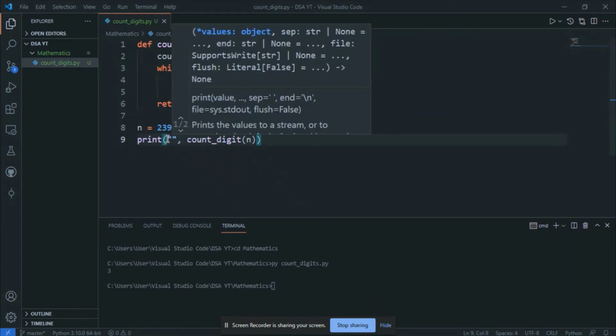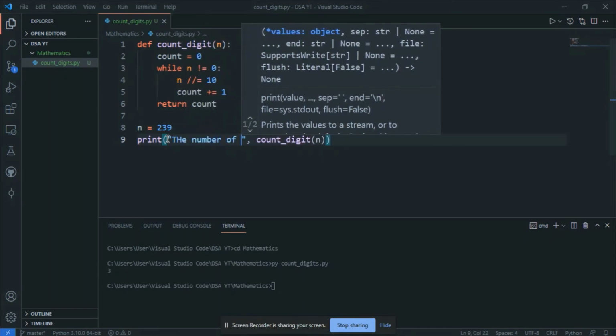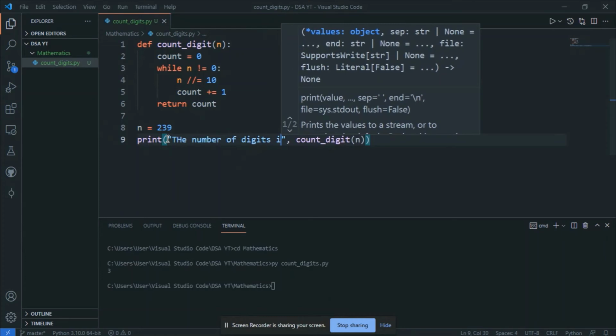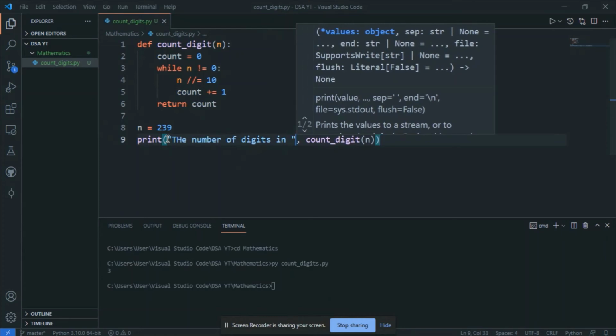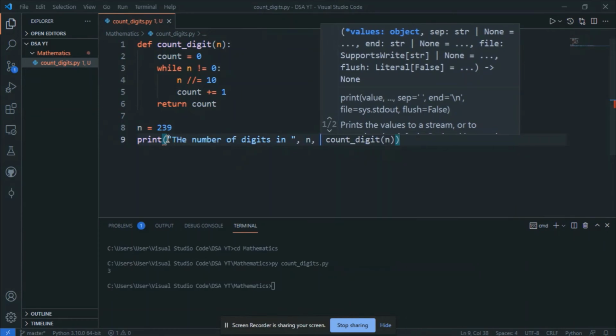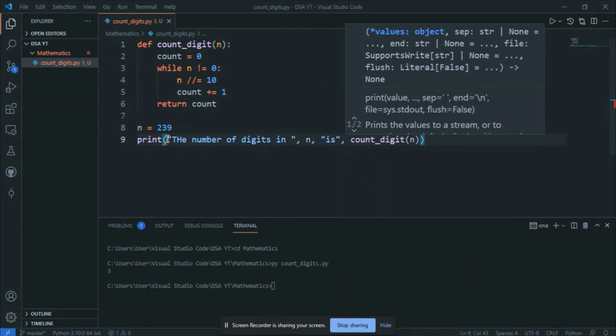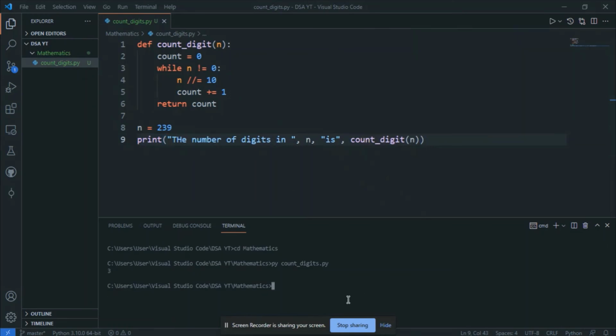Something like this. Okay, so we'll again run it.